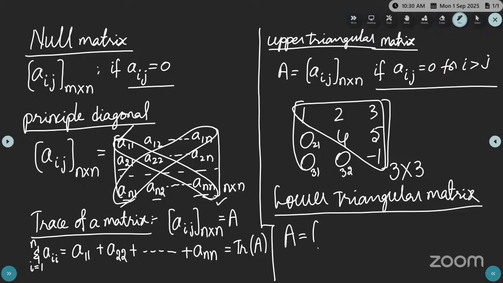A square matrix A = [aij] of order n by n is said to be a lower triangular matrix